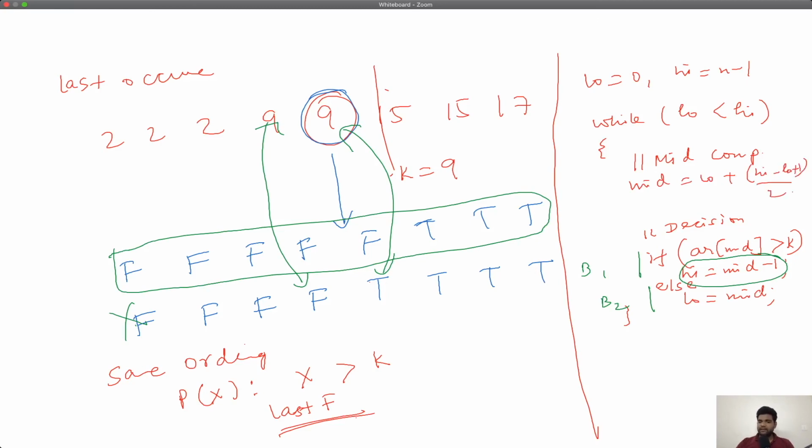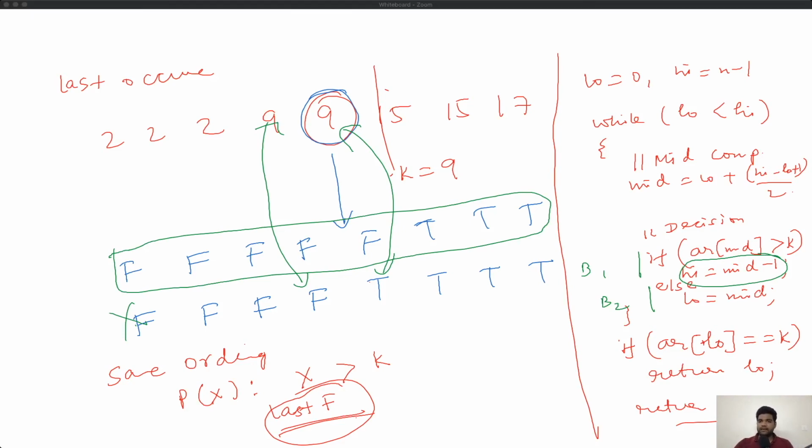And the sanity check finally, you are left with one element now. You have to check, is it really an f, or is it equal to the key k? So that's again the same, is the element at low or at high equal to k? If it is, then you know you found it, so you can return low. Otherwise you can return -1 or whatever the question asks you to return, specifying that you did not find this. Not very hard once you start seeing this in action, right?